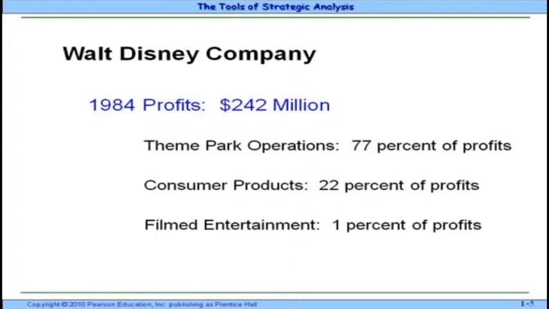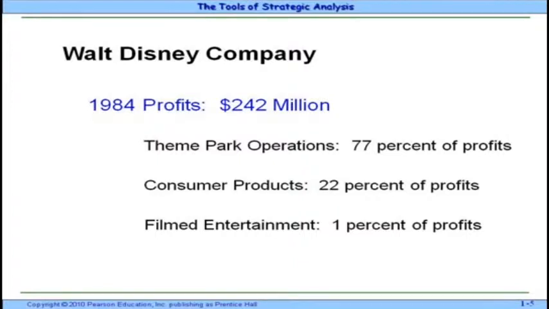world. In 1984, Disney's stock price had been flat for a pretty long time. And what we mean by flat is basically the price is not moving, it is stable or probably declining. And the board now becomes very unhappy with that particular situation. So that the profit at that year was sort of disappointing at $242 million. And by this time, the company got most of its profits from the theme park.